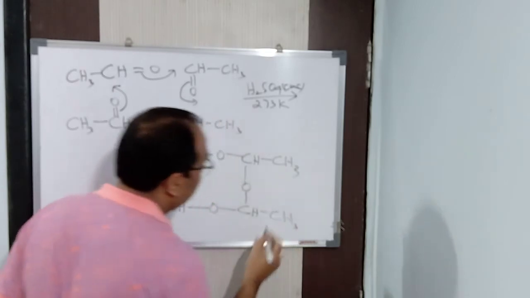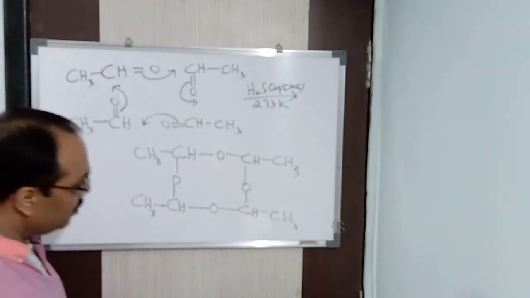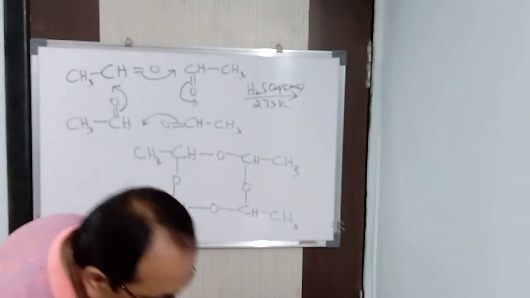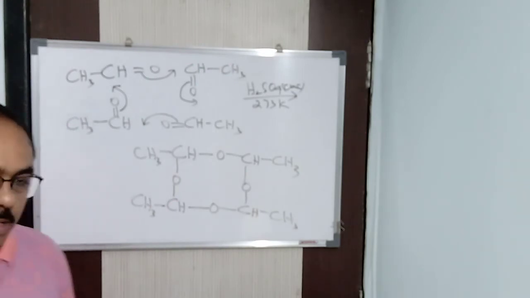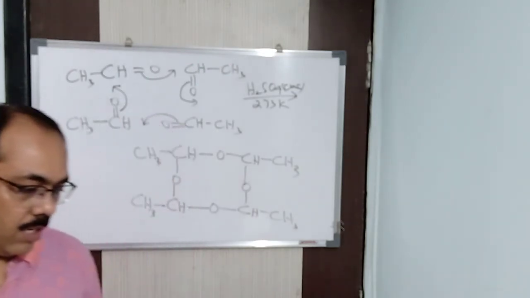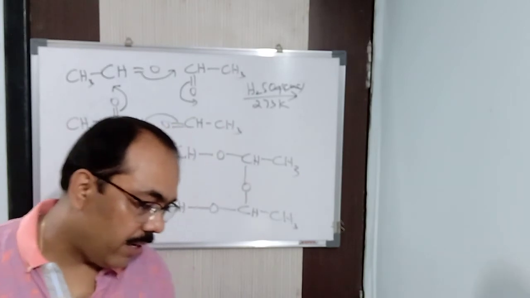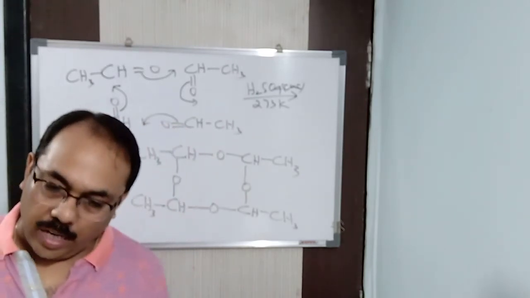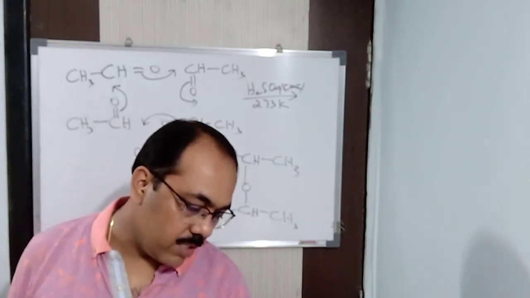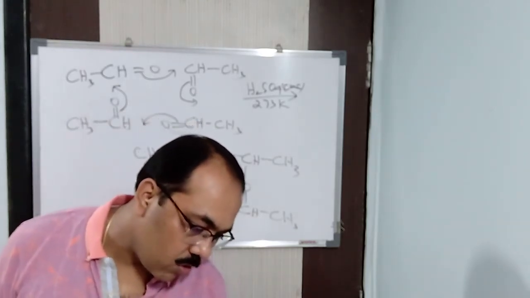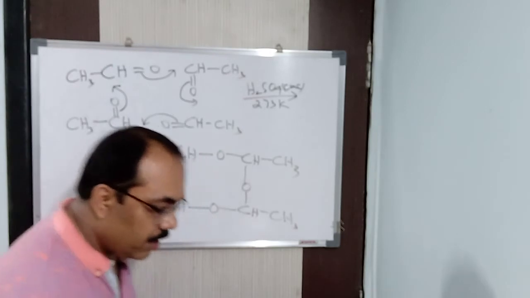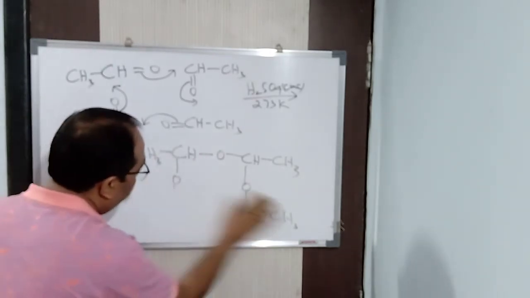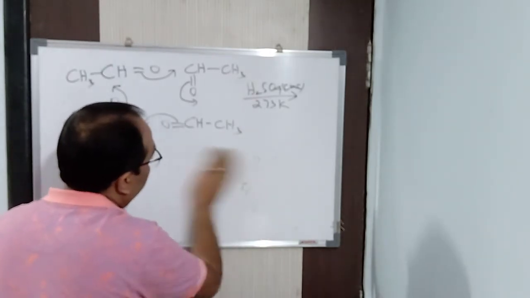It just requires some practice. With a little bit of practice you will easily be able to write the reactions, no problem at all. This is called metaldehyde. It is a white solid, and it regenerates acetaldehyde when it is distilled with dilute H2SO4. Now next, we will see the reaction with acetophenone.